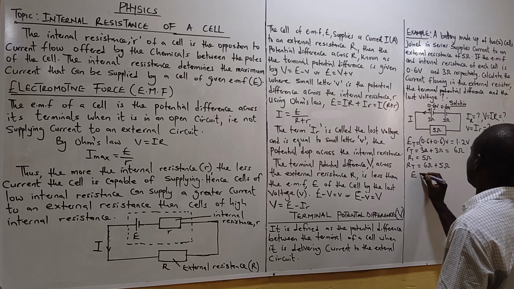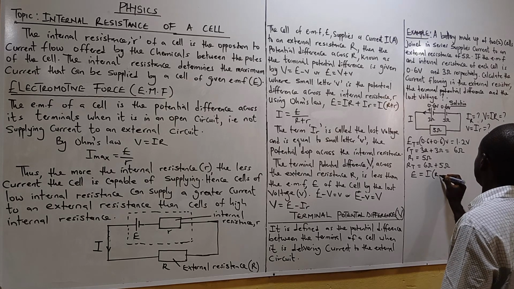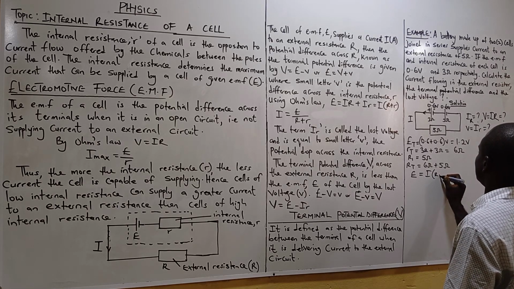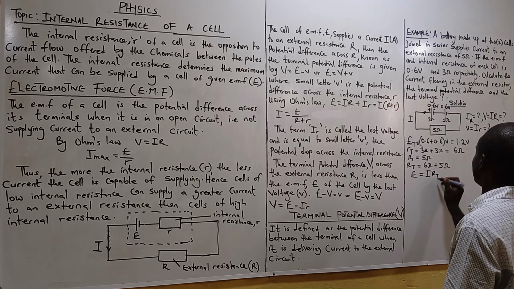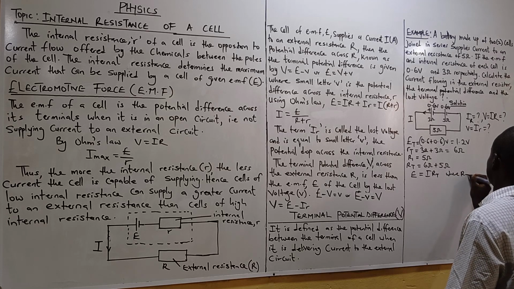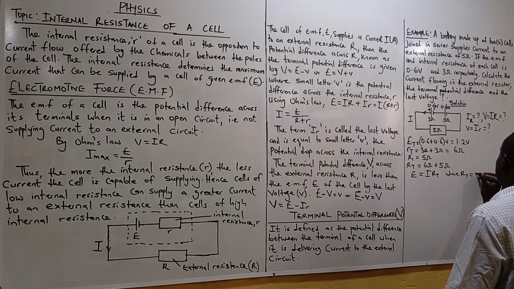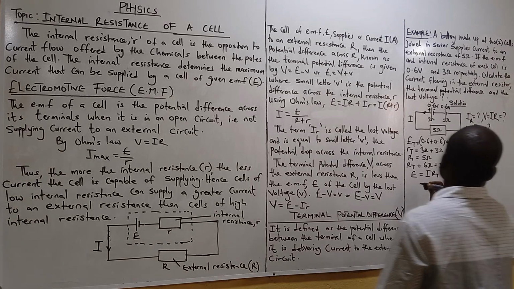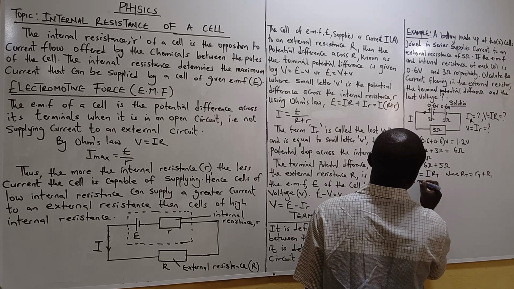We have E equals I times R total, where R total equals internal total r plus R1. In this case you have E to be 1.2